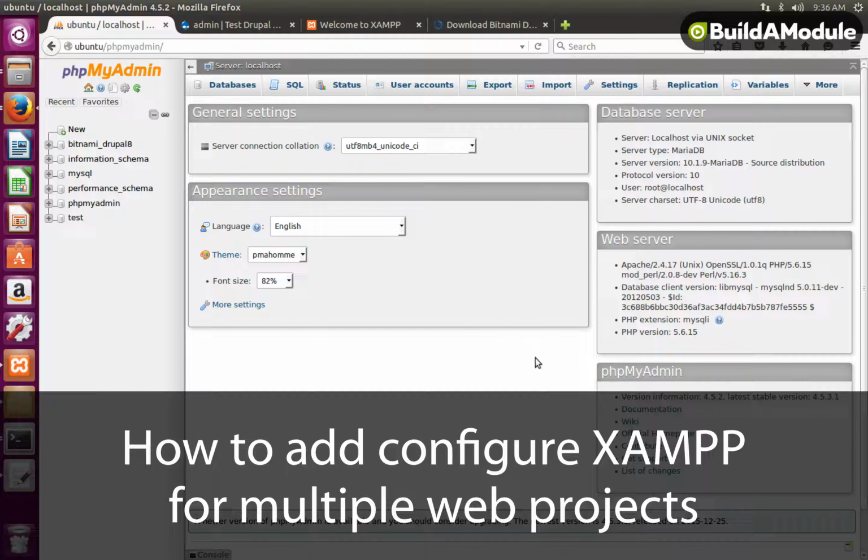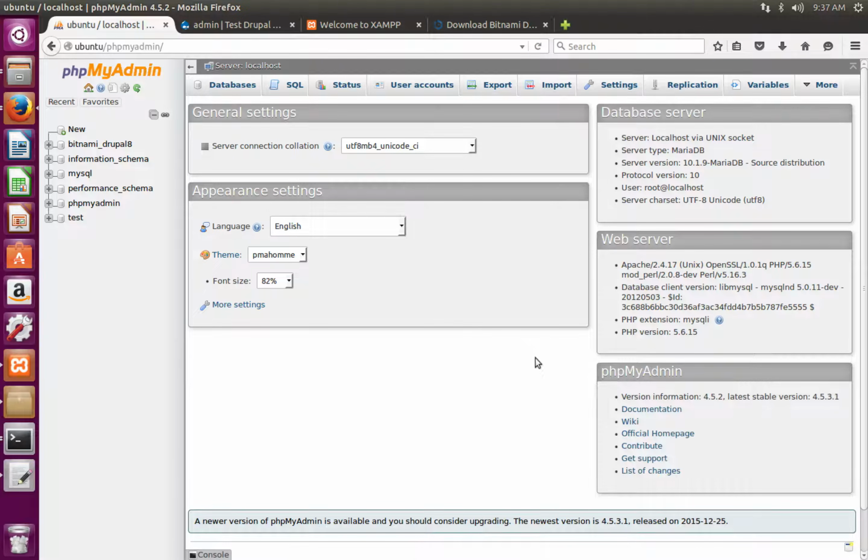What we're going to do next is set up a unique folder and domain name for a web application built on XAMPP to demonstrate what we would need to do if we wanted to run several independent sites or Drupal installations on this one stack. We saw already that we could put files inside of our htdocs folder, but eventually that's going to get crowded